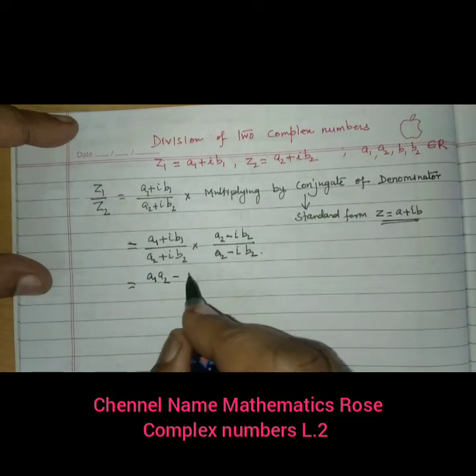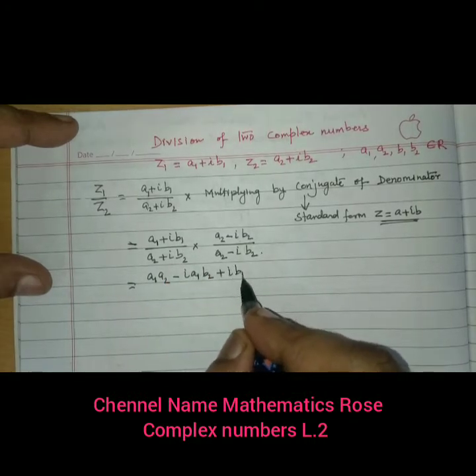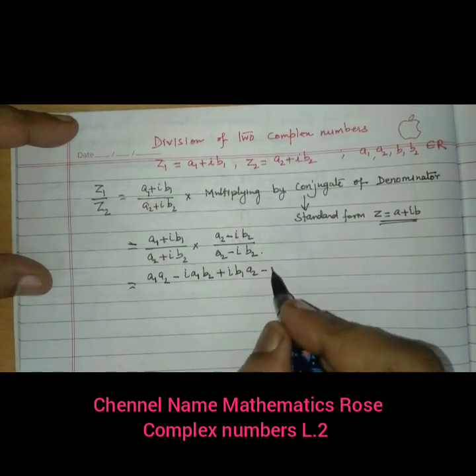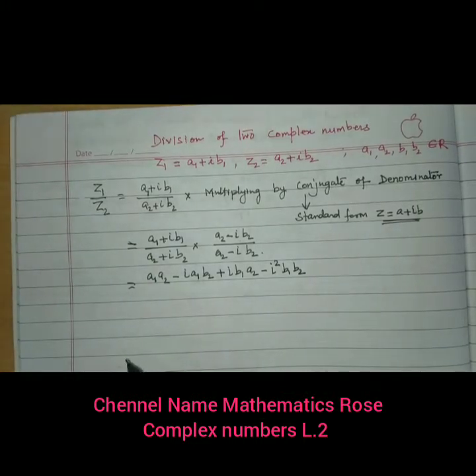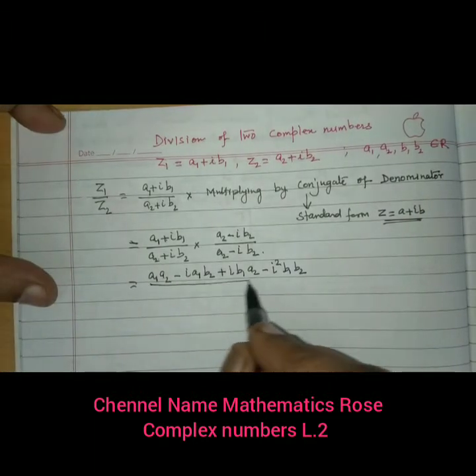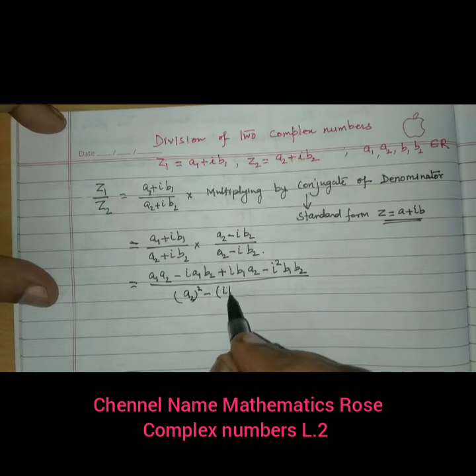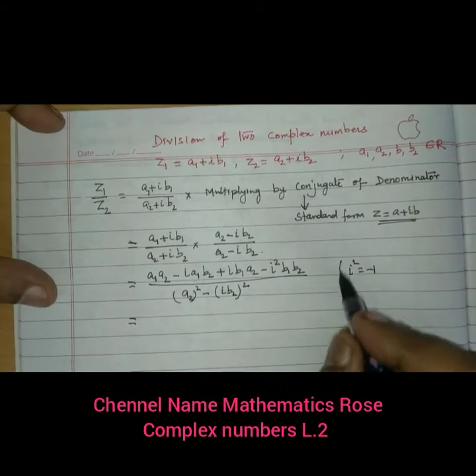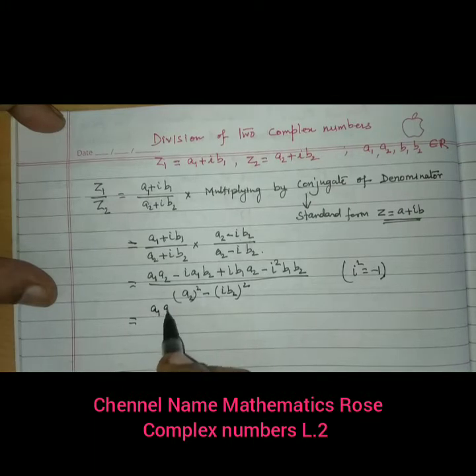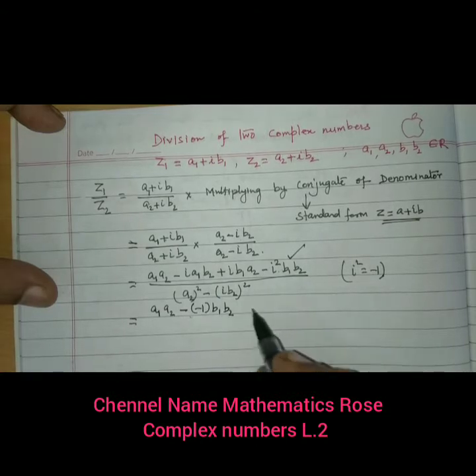अब यहाँ पे इसको मल्टीप्लाई कीजिए a1 a2 एंड देन दिस माइनस i a1 b2, इसको मल्टीप्लाई कीजिए प्लस i b1 a2, प्लस माइनस माइनस कीजिए, यहाँ पे i² b1 b2 हो गया। ये आपको जस्ट सिंपल मल्टीप्लिकेशन करना है, और यहाँ पे ये डिनोमिनेटर में (a plus b) इंटू (a minus b) के फॉर्म में आ रहा है, तो a2 होल स्क्वायर एंड देन i b2 होल स्क्वायर, ये हो जाएगा। आप यहाँ पे i स्क्वायर की जगह में ऊपर में इन द न्यूमरेटर आप -1 पुट कर दोगे, a1 a2, और यहाँ पे इसको लिख रहे हैं हम लोग माइनस ये वाला को -1 एंड b1 b2 एंड देन आई एम राइटिंग i,